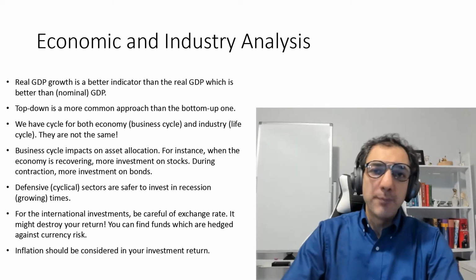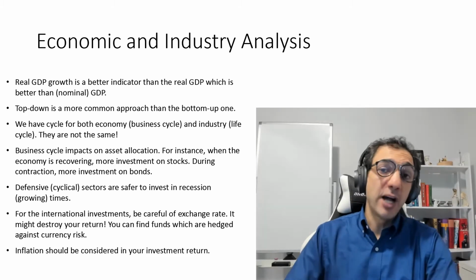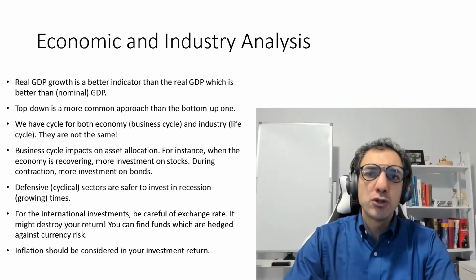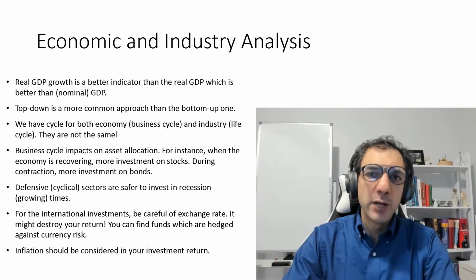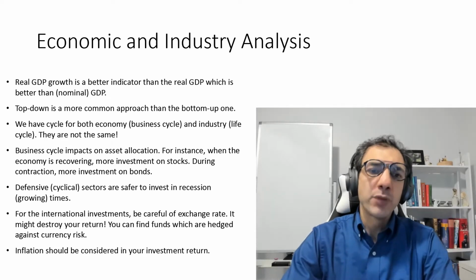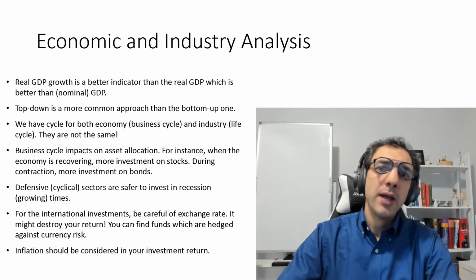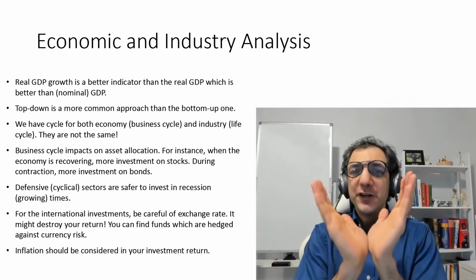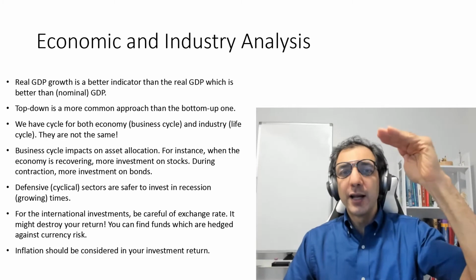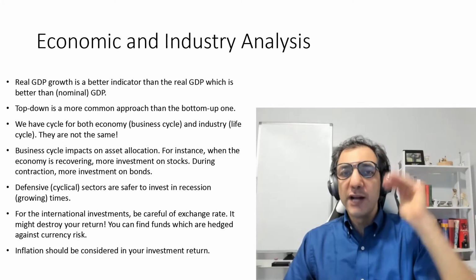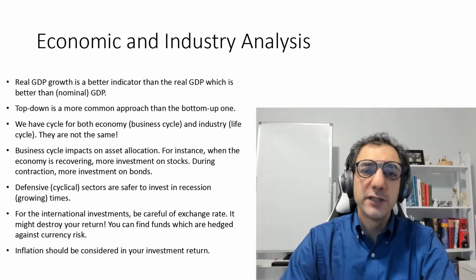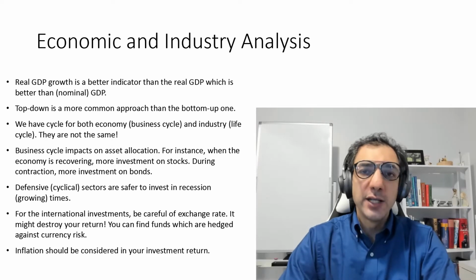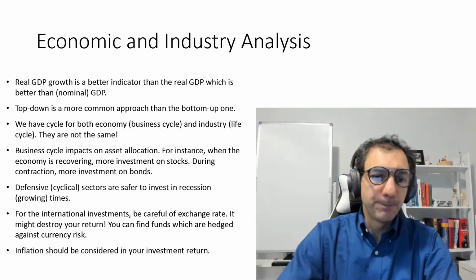We talk about the top-down, bottom-up approach. I mentioned the top-down is very common when it comes to investment, when it comes to stock investment. The bottom-up is used less. The top-down is like an inverse funnel, starting with the economy, and then you look at the industry, and finally you go with the company or a specific firm and analyze whether it's a good investment.